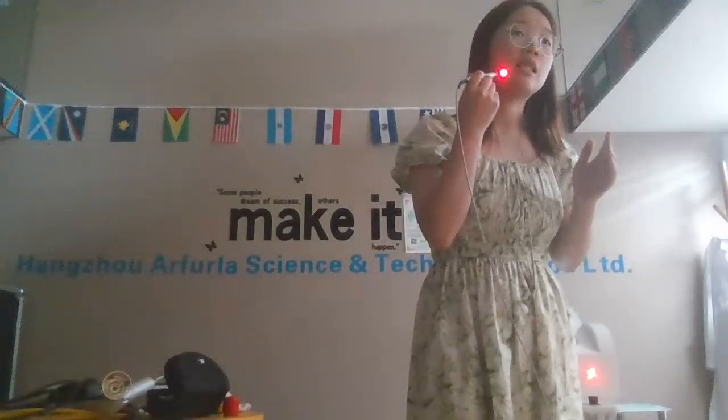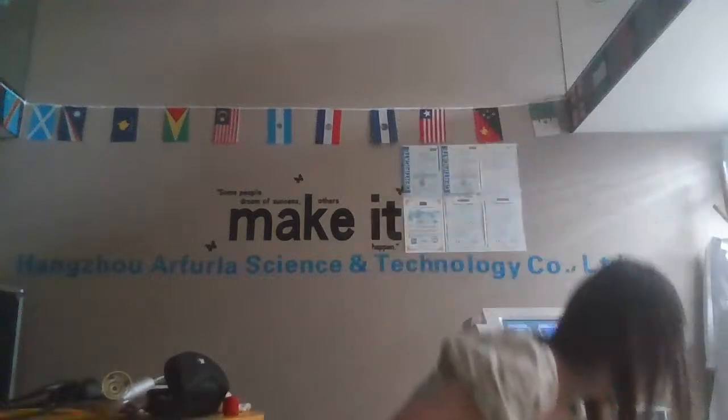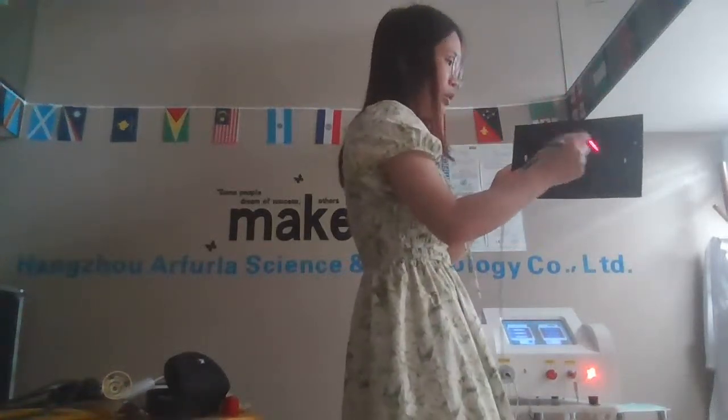Also, when we do cutting surgeries with the cutting tips, we can know which part we are treating now to cut the soft tissues. And next, I will test it to show you. Also, this is our foot switch, the pedal, which controls the machine working. When we do the treatment, we must remember to step on the foot switch all the time. Otherwise, the machine will not work. So the foot switch is very important for the machine working. And to test it,